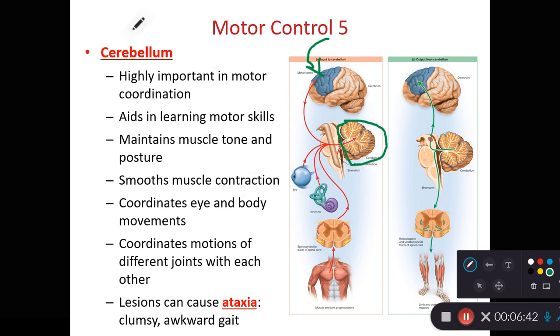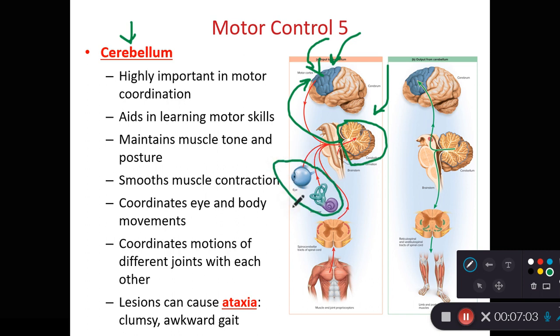I should apologize. When I was saying cerebellum, I was having a bit of a brain hiccup. I meant to not point to the cerebrum. I meant to point to the cerebellum down here. Forgive me. So as we're looking at the cerebellum, it interacts with the temporal lobe of the cerebrum and also